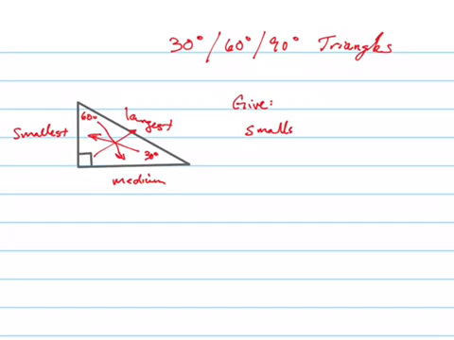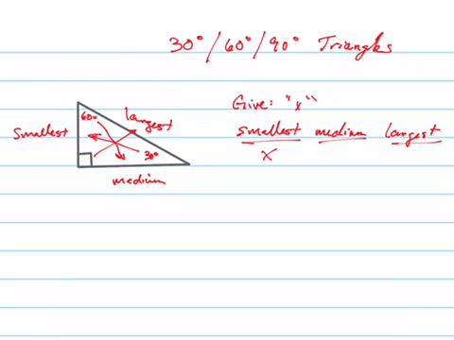So if they give you the smallest side, let me write it differently. If they give you the smallest side, we'll call that x, so we're going to say that they're giving you x always, then that means the largest side is double of that. And the reason is because if you think about this triangle, if I put another 30, 60, 90 triangle